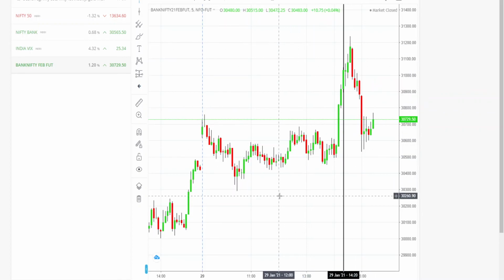So this is how we have to trade, and we have to understand the market, then only can we make money in this market. If we keep on searching for tips and all, I think it is impossible to earn money from the market with the help of tips, because only the person who is earning the money will be earning. For us, we need to work hard and understand the market, then only can we make money.